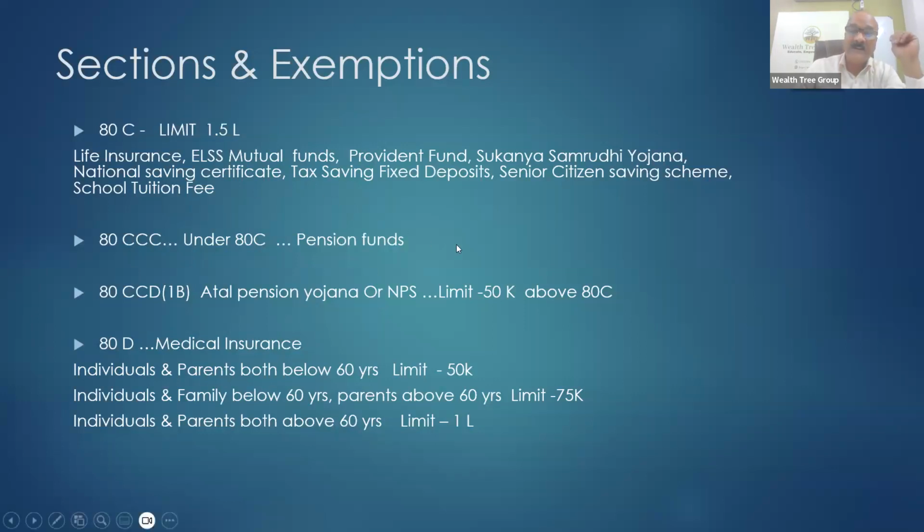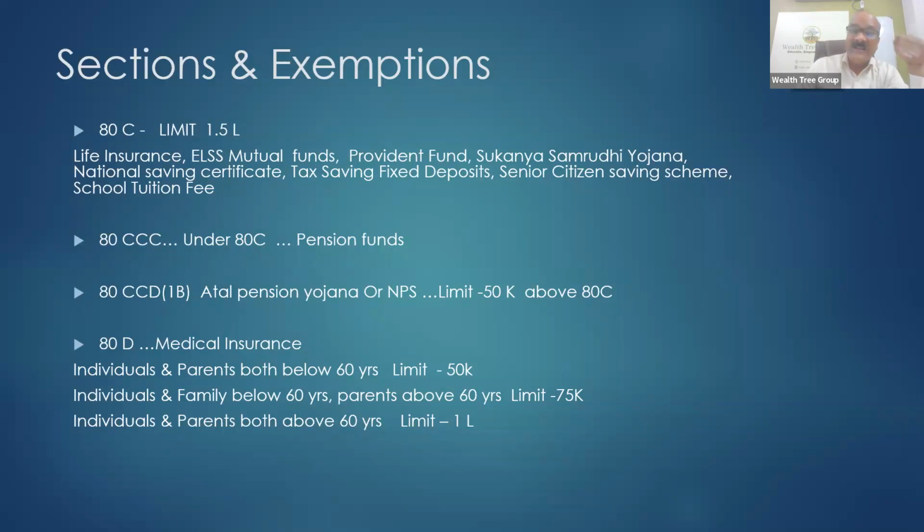And ELSS mutual funds. That means there are some sections of mutual funds which are tax exempted. Up to 1.5 lakhs, either you can take a life insurance policy, where you can claim that deduction, or ELSS mutual funds, and provident fund. Basically, Public Provident Fund up to 1.5 lakhs, and Sukanya Samriddhi Yojana is for children. It's a government scheme where you can invest and then claim that. And National Savings Certificate, where you can save your money, but there will be a locking period. I will explain all those things. Then you can get deduction in this 80C.